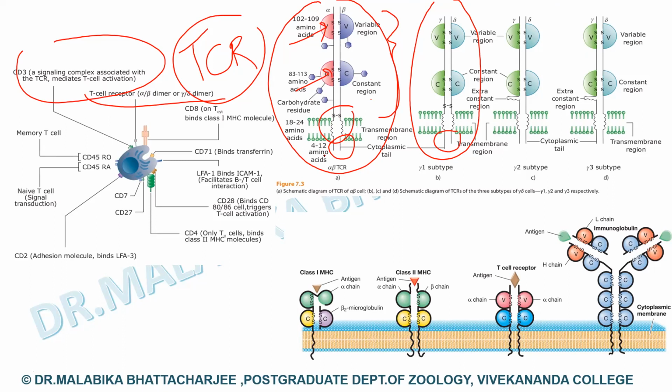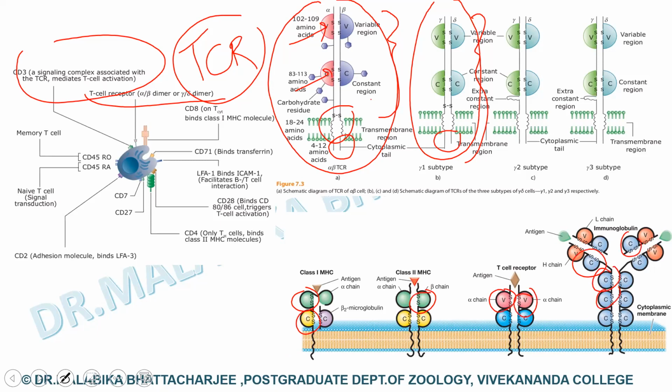When we are talking about the gamma delta T cell receptor, there are three subtypes as shown here. We restrict just the concept to this typical gamma delta receptor. It has a gamma chain and a delta chain. The lower panel shows the similarity of the T cell receptor in structure to the MHC class 1 and class 2 molecules and the immunoglobulin molecule. If you look into the structure, you can see the presence of disulfide bonds in the T cell receptor, as was obvious in MHC class 1 and 2 molecules and present in the basic immunoglobulin structure.